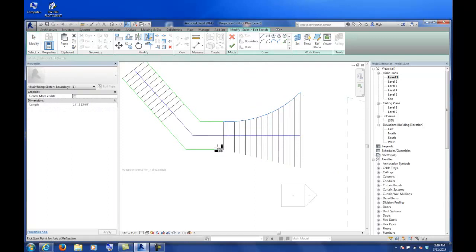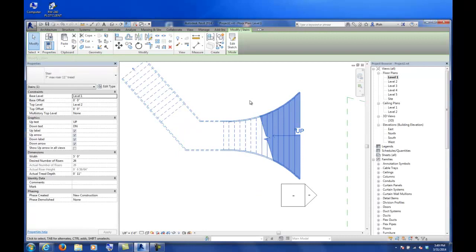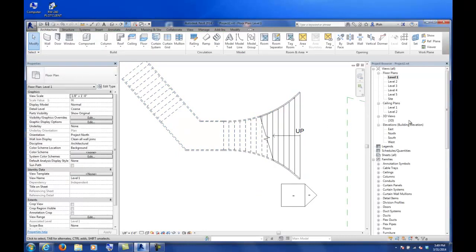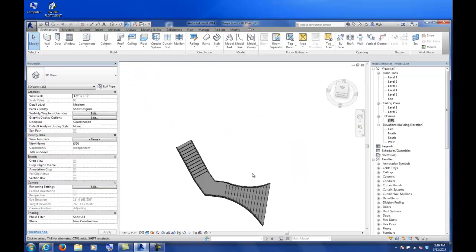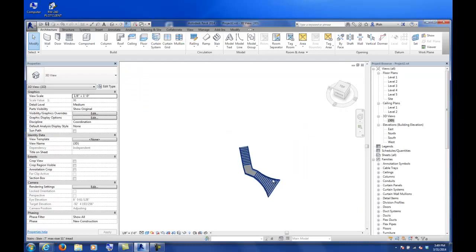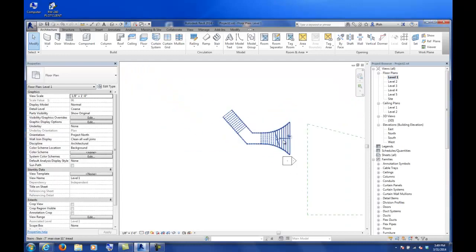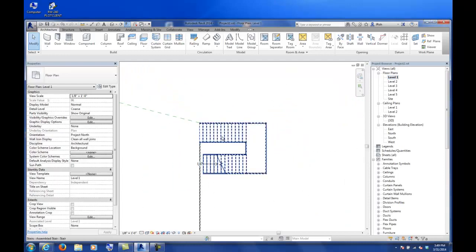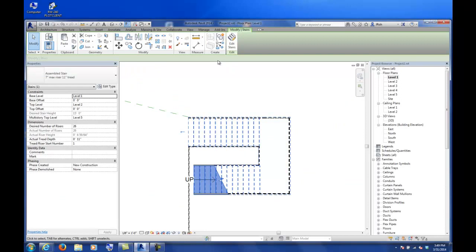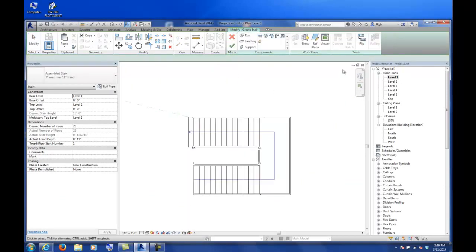Go ahead and make that symmetrical, I guess. So anyway, you can do that with each of the stair runs as long as you're with the sketch. I can do the same thing with my 3D component stairs. So if I go back into one of my floor plans, and remember this one was a component stair, if you click on Edit Stairs,